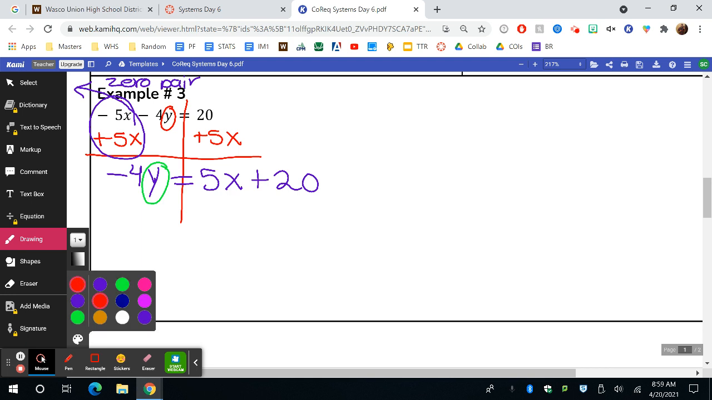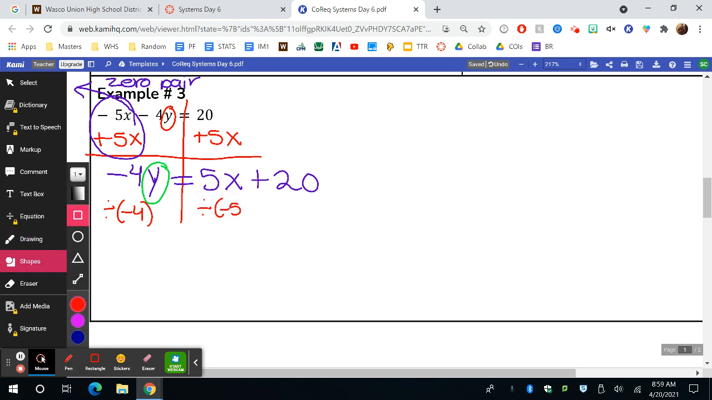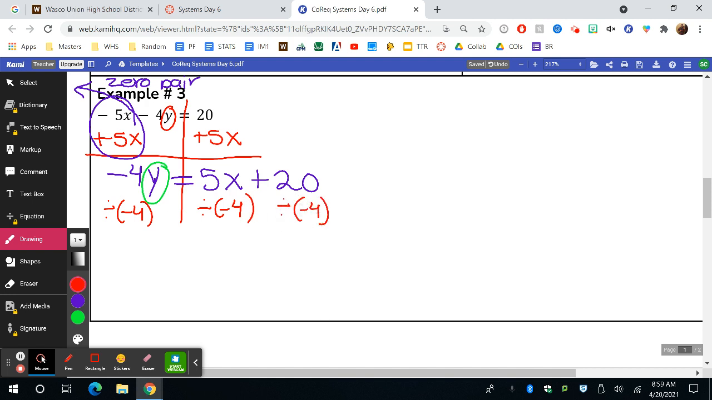Okay, so we're going to divide every term by negative 4. Divide by negative 4, divide by negative 4, and divide by negative 4. So these two cancel each other out, and I have y is equal to